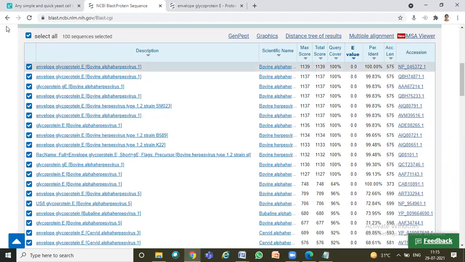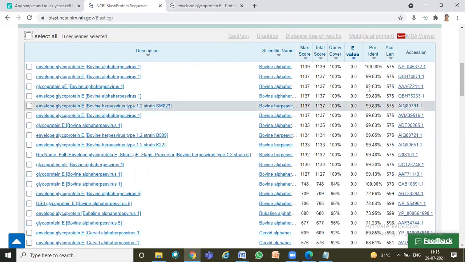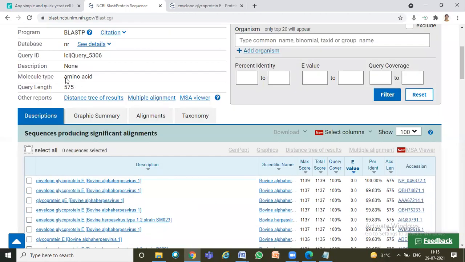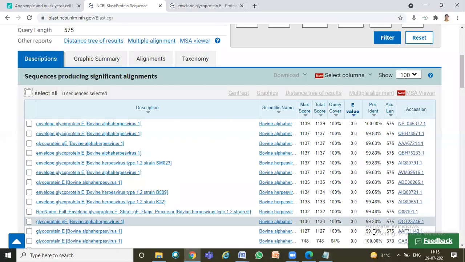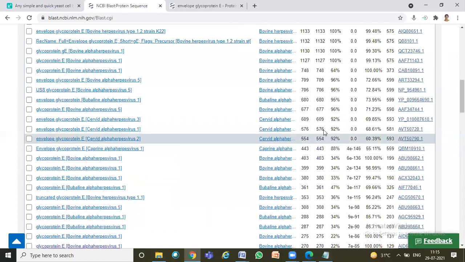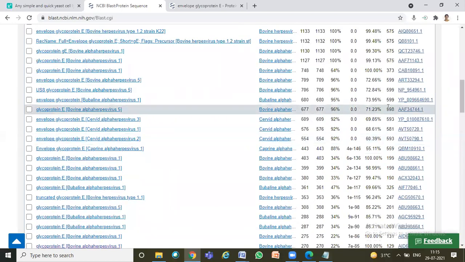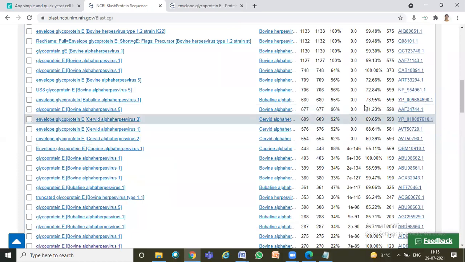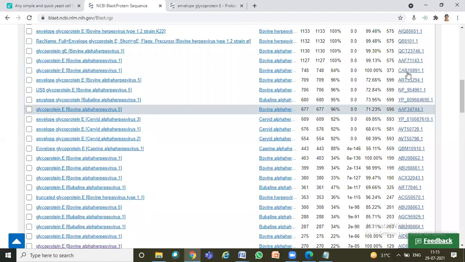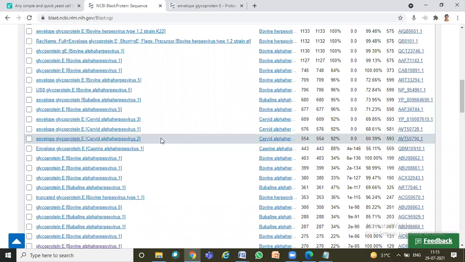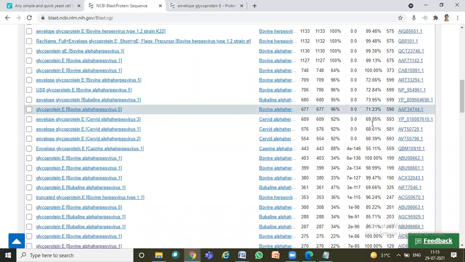In BLAST, see, your query protein length is 575 amino acids, and if any protein in different organisms has at least 70% query cover and more than 40% identity, you can select it for further phylogenetic analysis. So finding it here is very easy.